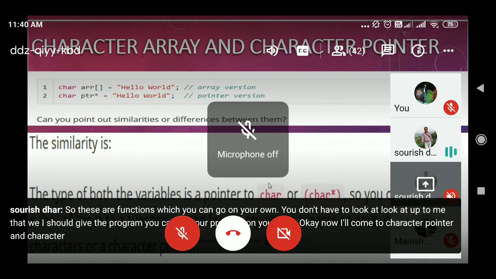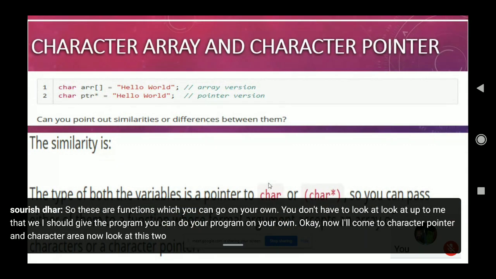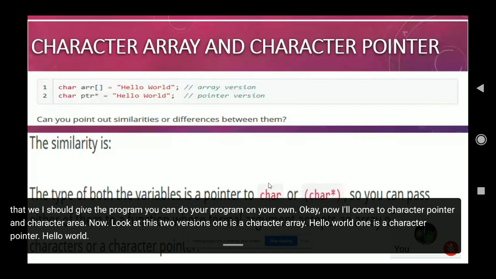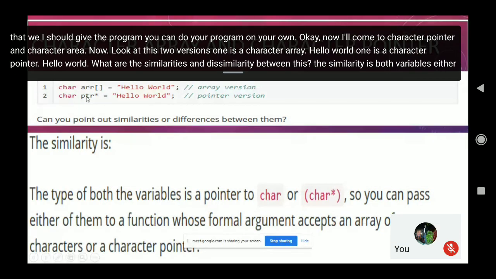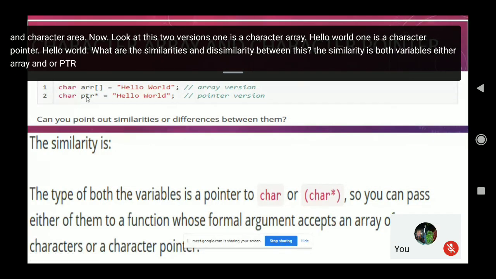Now look at these two versions. One is a character array hello world. One is a character pointer hello world. What are the similarities and dissimilarities between these? The similarity is that both variables, either the array or ptr, are pointers. So you can pass them to a function via reference only.